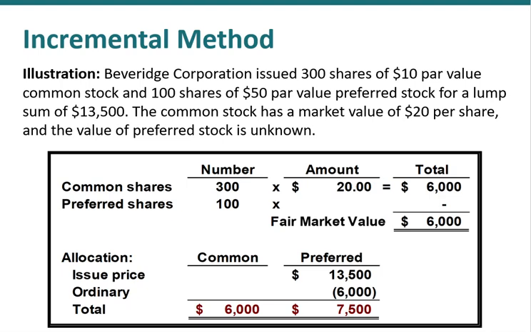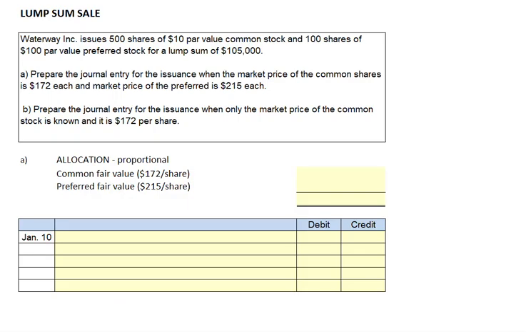Let's go ahead and look at some more detailed problems. We're told that Waterway Inc. issues 500 shares of $10 par value common stock and 100 shares of $100 par value preferred stock for a lump sum of $105,000. We're asked to prepare the journal entry for the issuance when the market price of common shares is $172 and the market price of preferred shares is $215. And then we'll do it also in the incremental approach when we only know the market price of the common